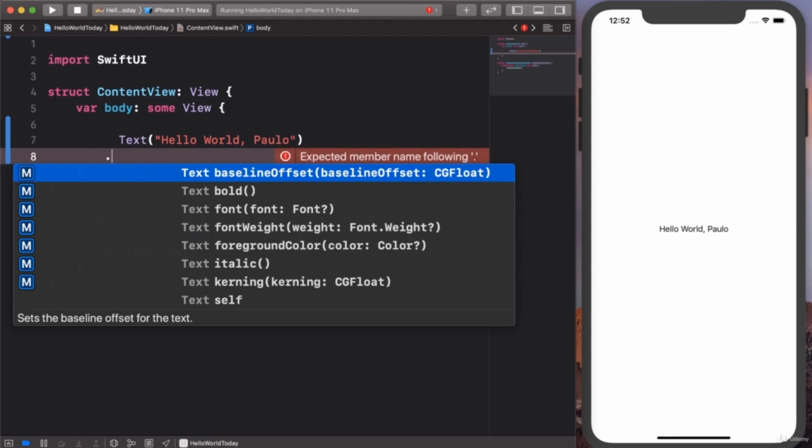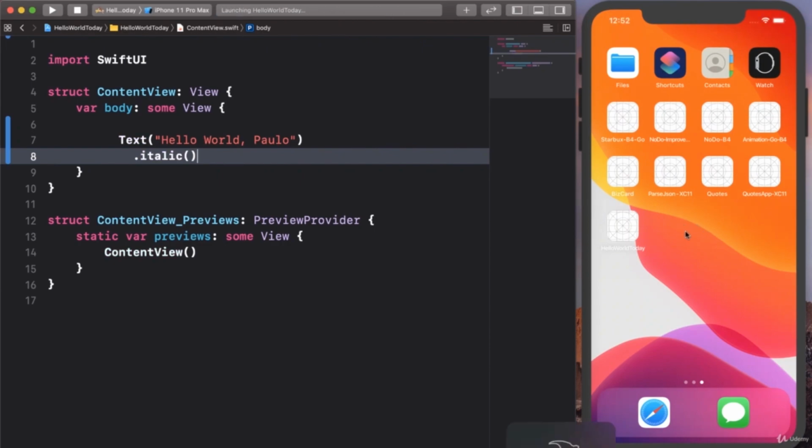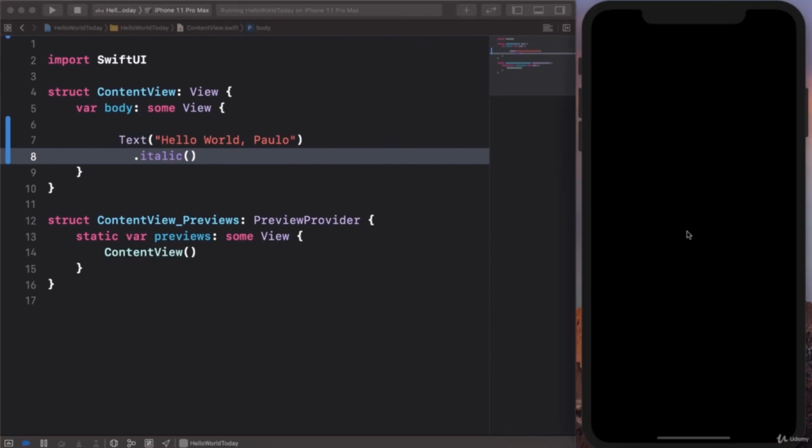Notice the moment we put the dot operator here, it gives us some sort of guidance, intelligence, of things that we might want to do. So we can make the text bold. We can pass a font for the text and so many other things. Let's start with italic. The other thing I like to do is put all of my modifiers indented inside like that. Just good practice. If I save and give it a run, you're going to see that our Hello World is going to be italic now. And voila,